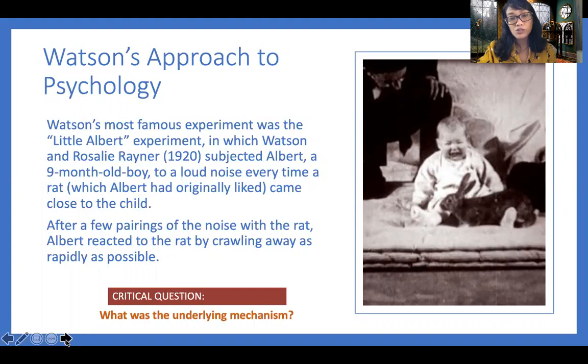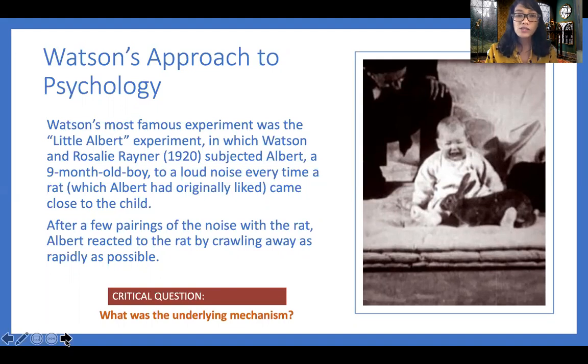So what do you think about this experiment? First of all, in regard to the ethics, and the second, what was the underlying mechanism of this behavior? To modern experimental research in psychology, this method was clearly against ethical standards. It's no longer approved nowadays to study a little kid who is exposed to something traumatic. And the second, what was the underlying mechanism, as you learned from your general psychology class,